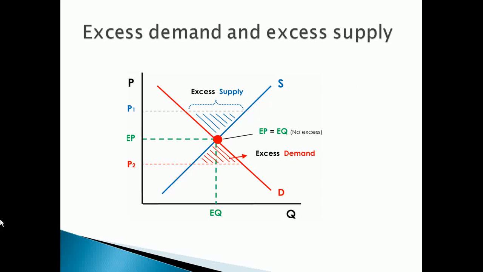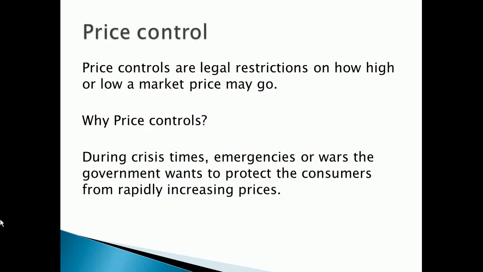When it comes to minimum wage and living condition of the members of the community or the society, the government uses the price control as the legal restriction. So during times of crisis or emergencies or wars, consumers are protected from upsurge in prices that can make their standard of living very low, that can bring poverty, or that can lower the lifestyle of the people. So government uses price control in order to stabilize the economy at various times.